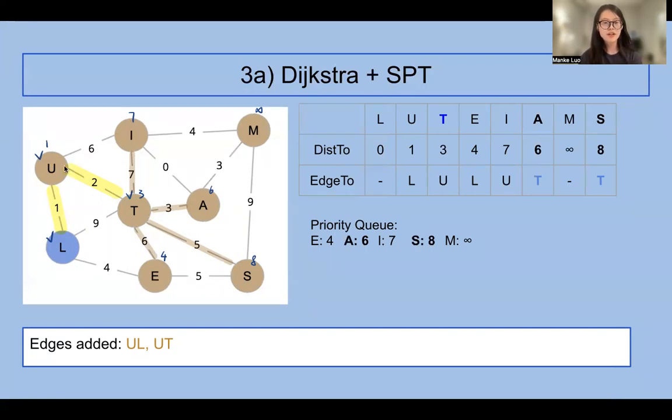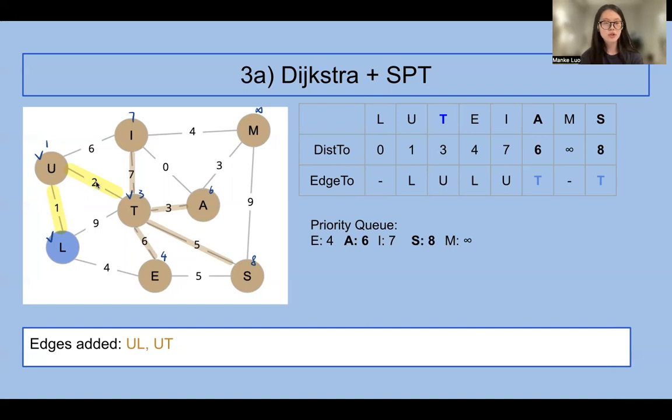And notice that because U and L are already visited, which I have a check mark next to, I'm not going to check those edges. And notice that none of them are highlighted brown. And so these 4 are the only 4 edges I'm going to consider because they link to an unvisited child. And so I do the standard procedure of checking: I calculate my new priority,